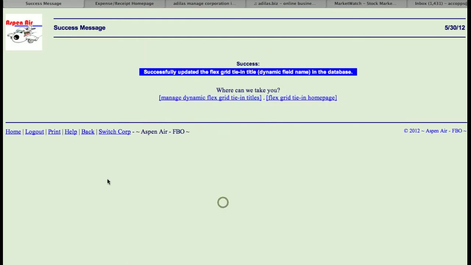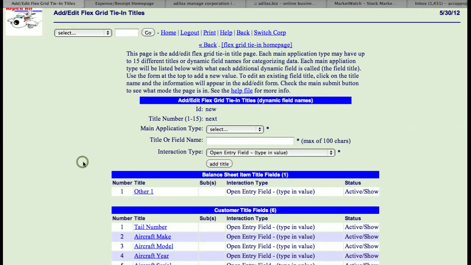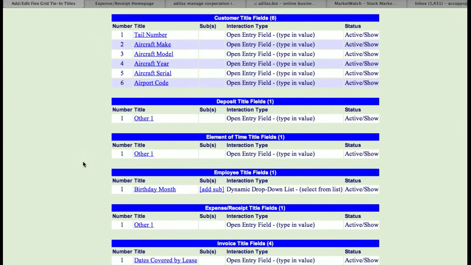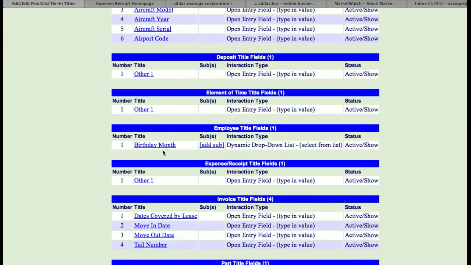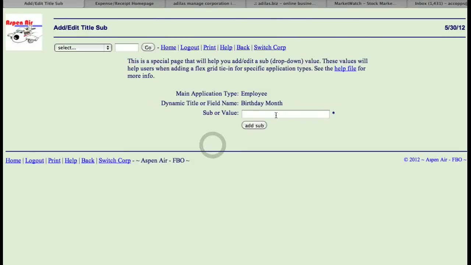So I'm going to edit the title, and then when I go back to manage dynamic, if I scroll down to employee, you can see I have birthday month in here. And also, because I chose the dynamic drop down list, I can add a sub. And so I'm going to add January,